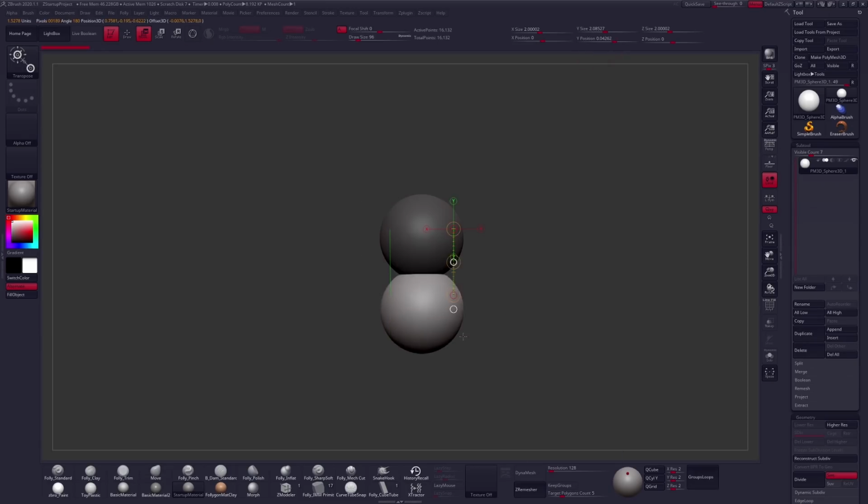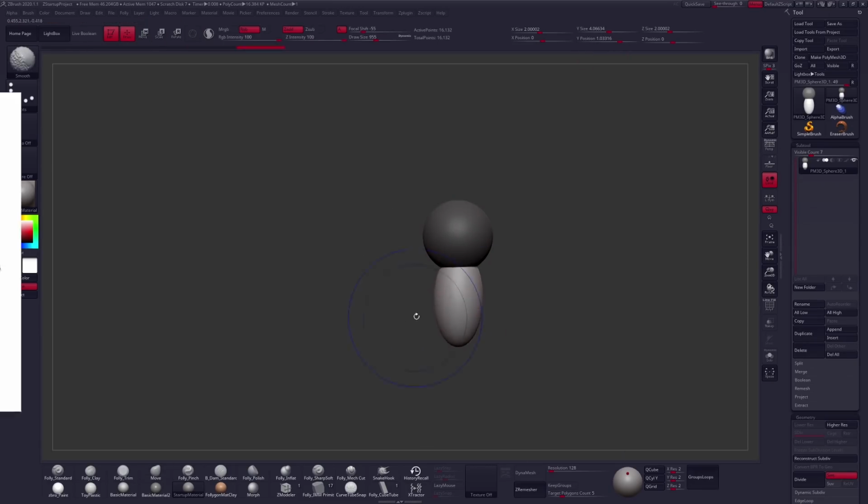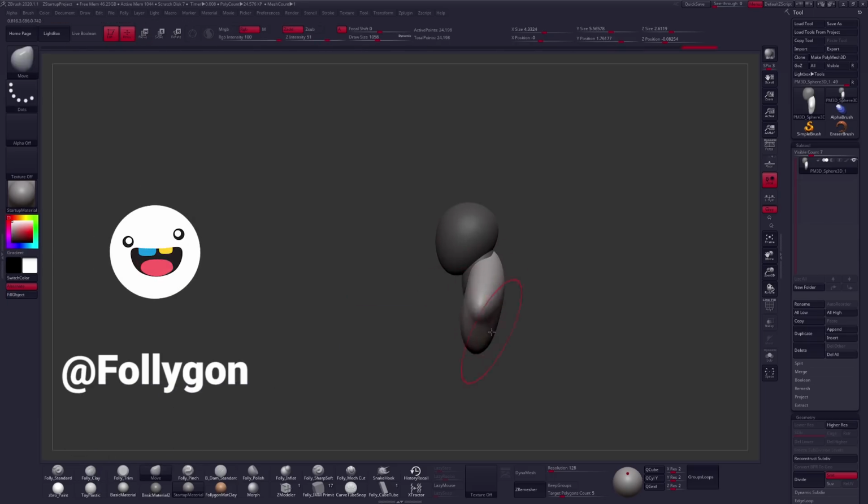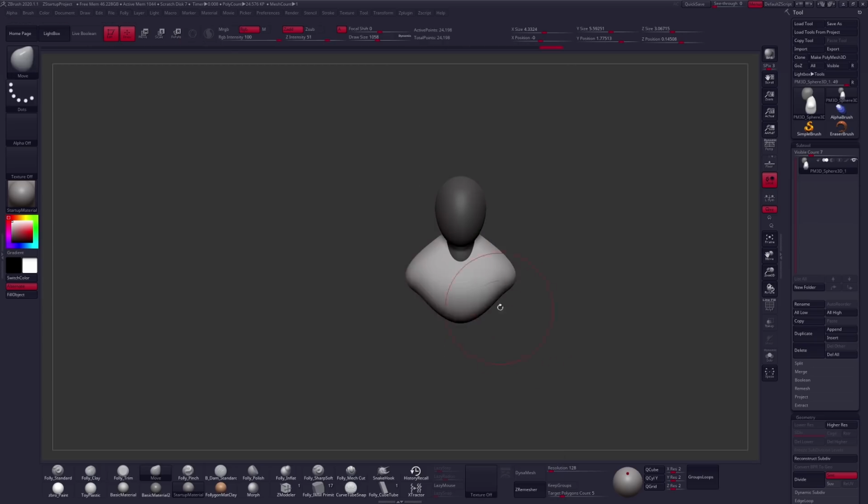Hello and welcome back to a brand new character sculpt based off of the work of Chris Abels. I am Follygon, and in this video I will be going over my entire process used during this digital sculpt